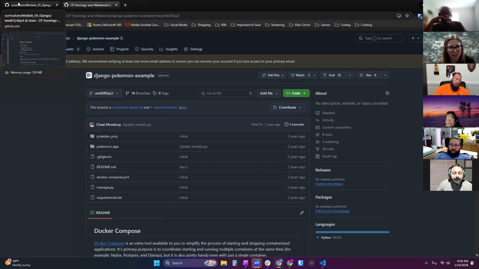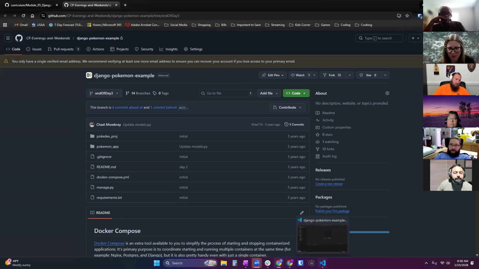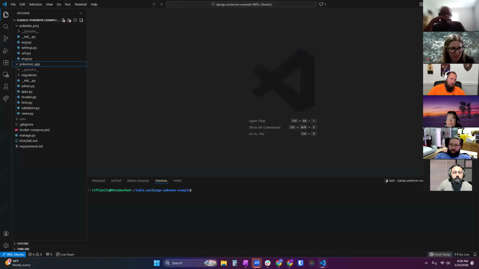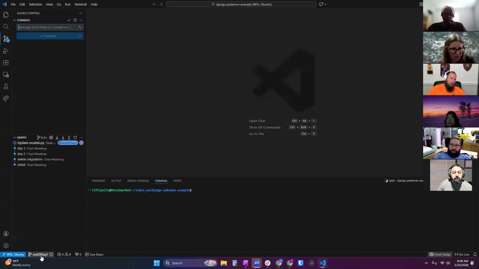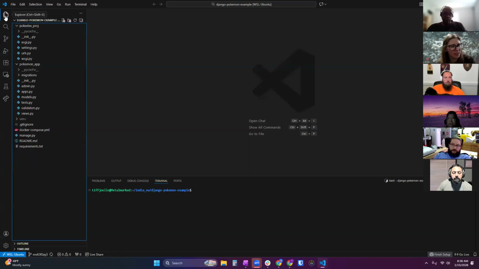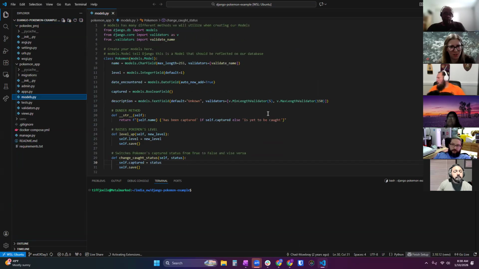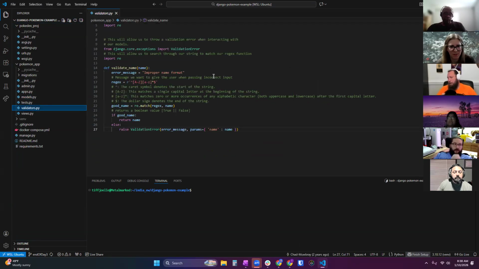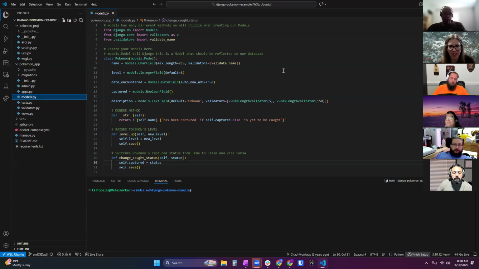You'll be able to fork it, but when you open it up in VS Code from the fork, you will see you are on the main branch. Yours will say main down here instead of end of day 3. But you can also just fill in what's missing. There shouldn't be much. There's just the validators page that y'all did on Thursday, and then you added those validations to the model.